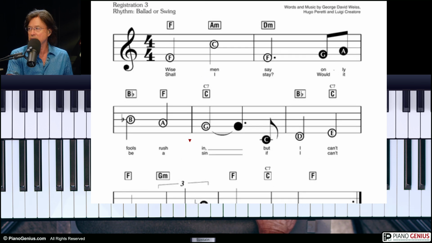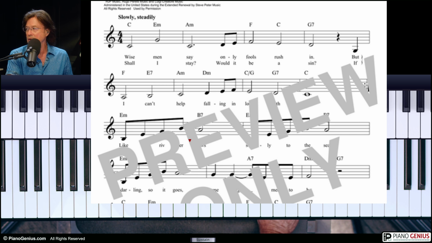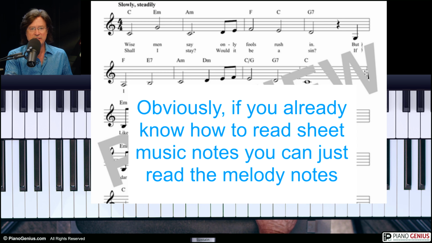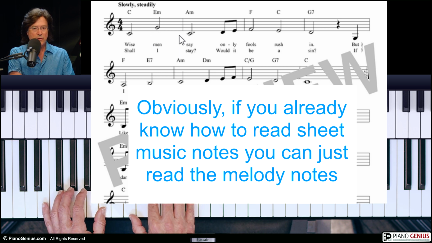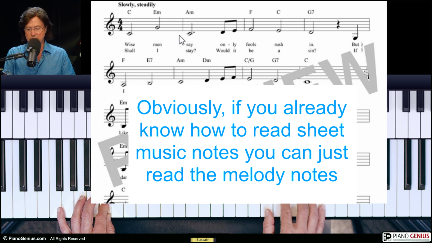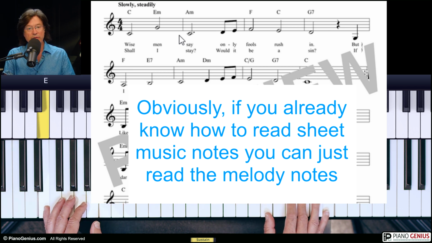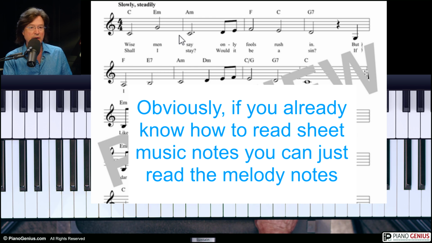Other ones, let's see what else I had found here. Oh, I found another one. This is again on Sheet Music Direct, and it just says preview only, but it just gives you a sense. The other way to do it is, this doesn't have the names of the notes written in, but it does show you the notes. So if you know that that's a C and that is a G, then you can do that. So you go, oh, okay. And then G on top. And if you don't know that that's a G melody note on the E minor right here,